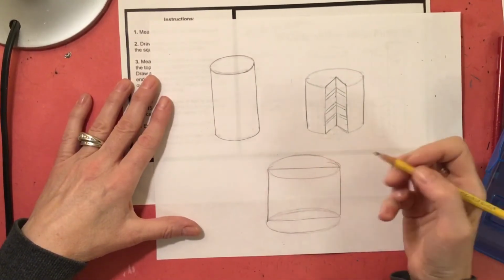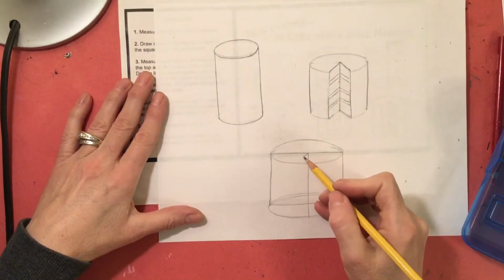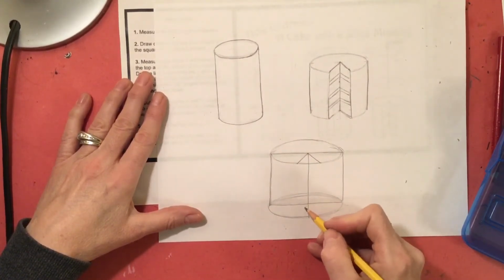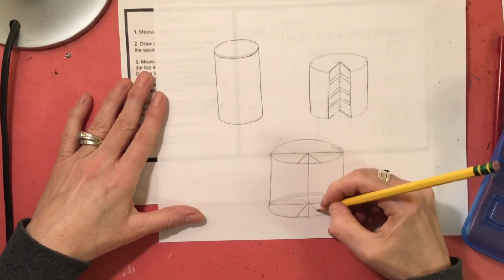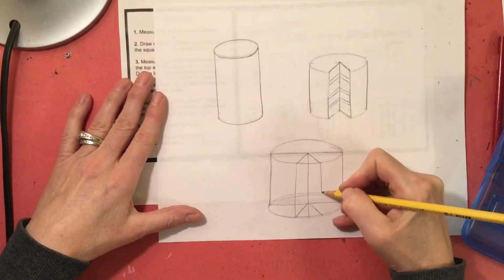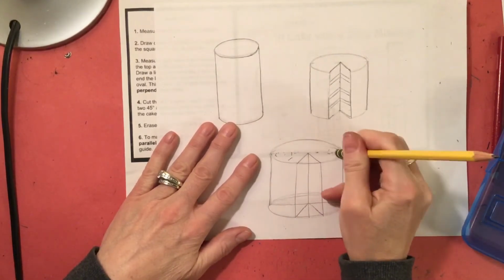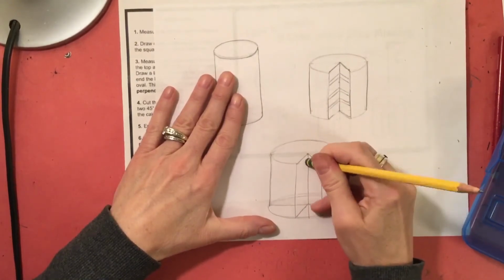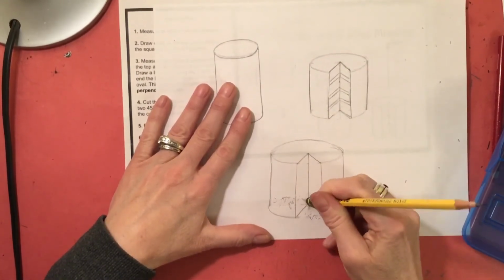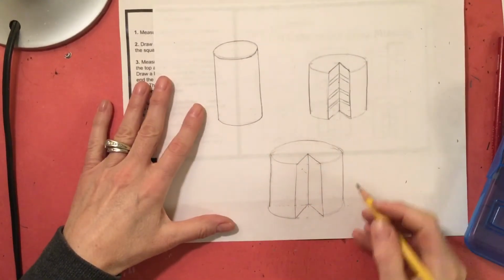And then again, let's try that again. So then we're going to start in the middle here. I'm going to come down and I'm going to go all the way down to there. All right. Then I'm going to draw my angle and my angle, and those are touching this line here. And then I'm going to do the same exact thing down here. Touch the line, touch the line. So it's like I have an arrow here. Okay. Then I'm going to connect these 2 lines. All right. And then we sort of have a mishmash, so we're going to erase there. I'm going to erase there. And erase in here. Okay, and then now I have a cake that is a little bit